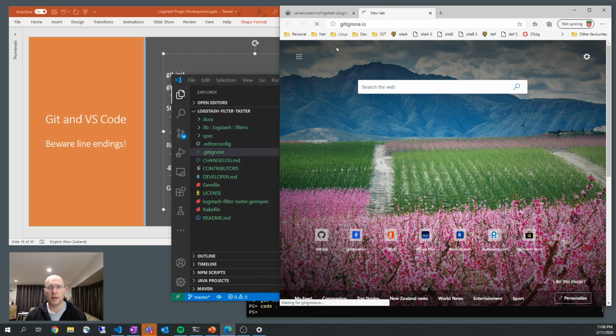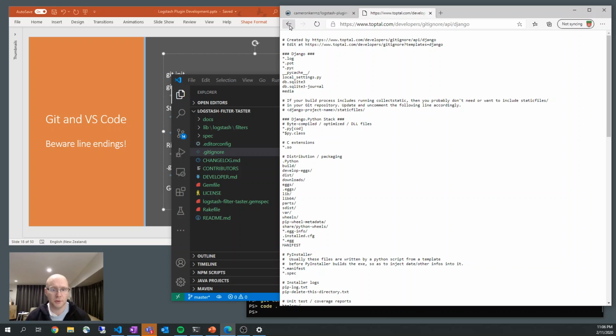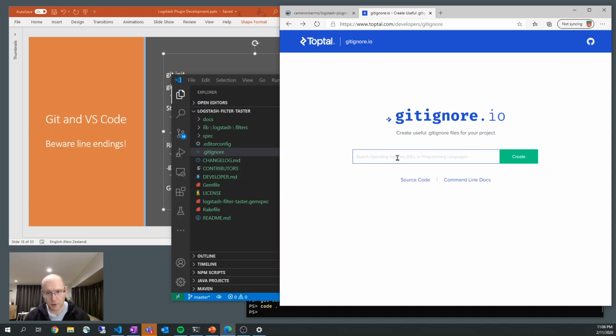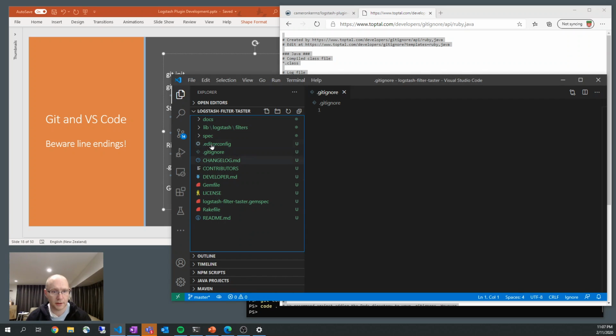If you go to a site like gitignore.io, you can generate a useful one. So if you're doing things like Django development, for example, that should show something I can spell, then that gives you a useful example. But we are going to be dealing largely with Ruby and Java. Note there are no Logstash ones. So we'll create a suitable one there,